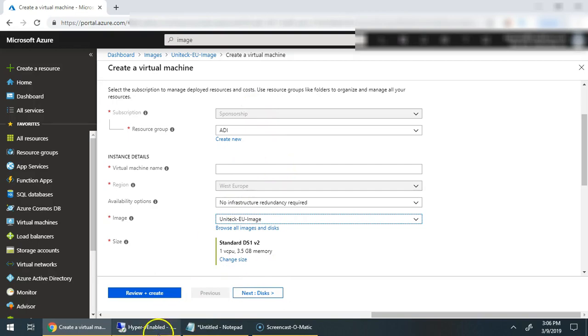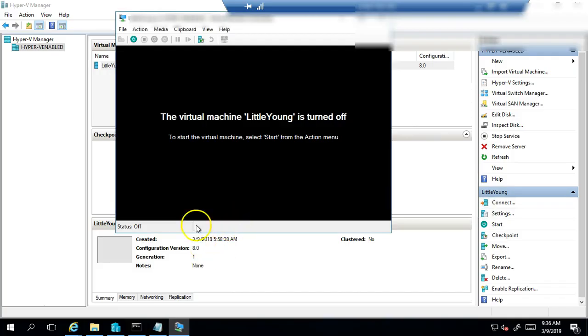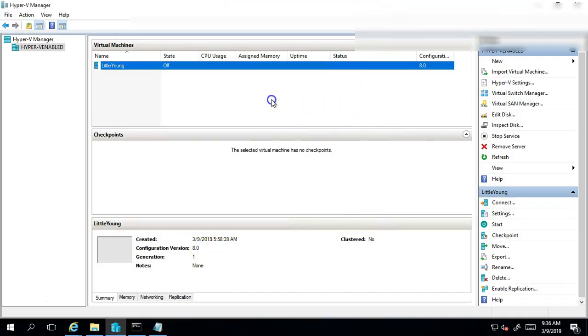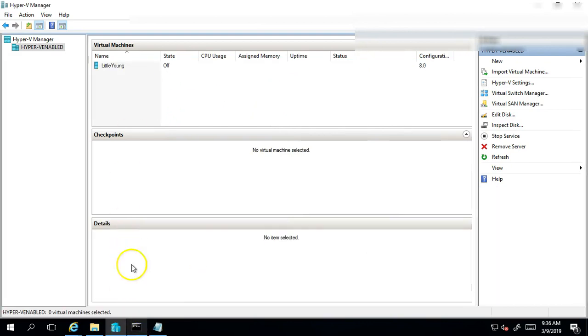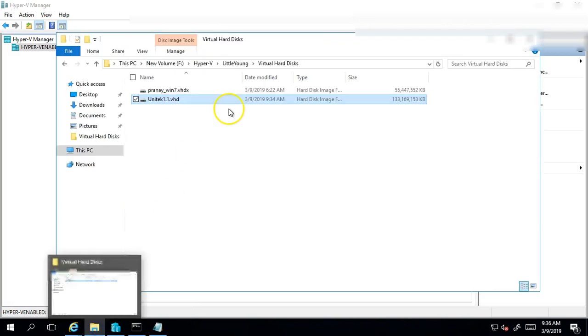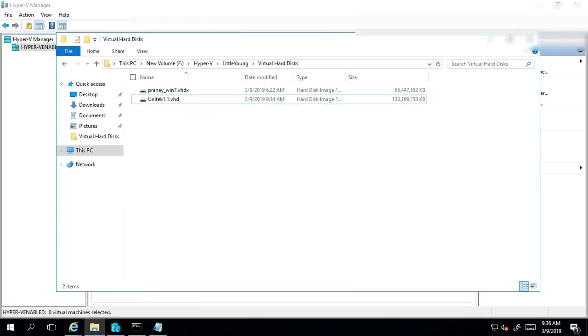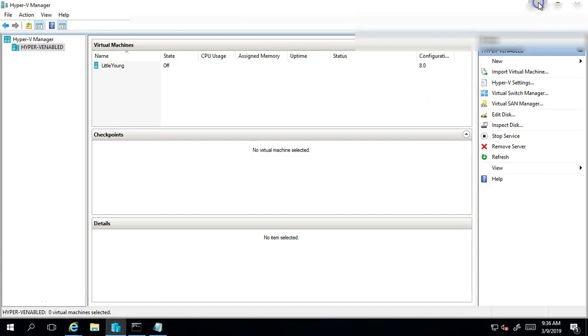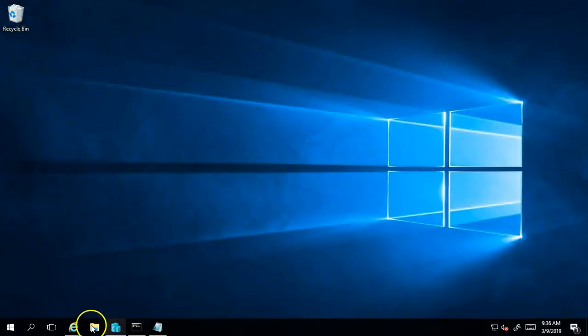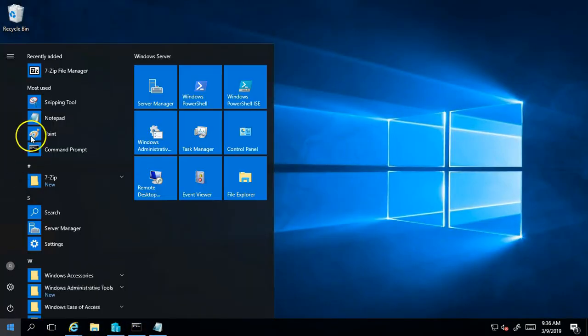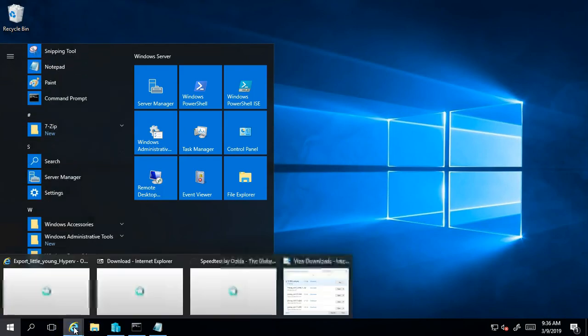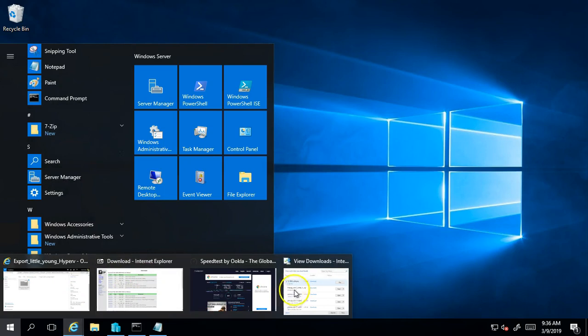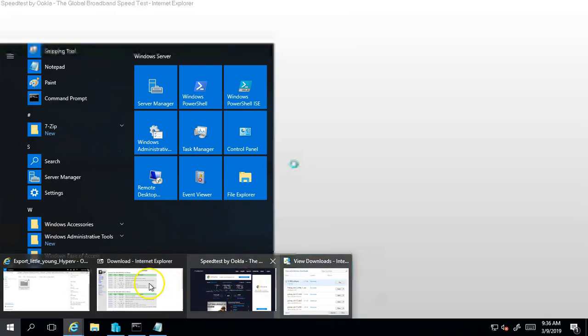To do that, what I have done, I hope this is in the shutdown mode. As the next step, I have to upload my VHD file to my storage account, which I'm going to do. The best practice, since this is 127 MB, which is huge in fact in size, right? What I'll do is I'll just go to my